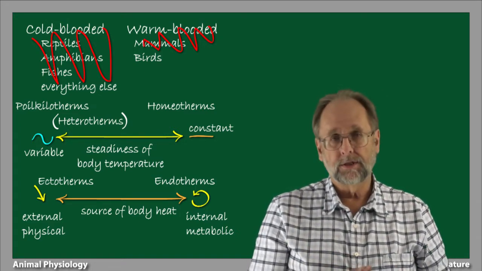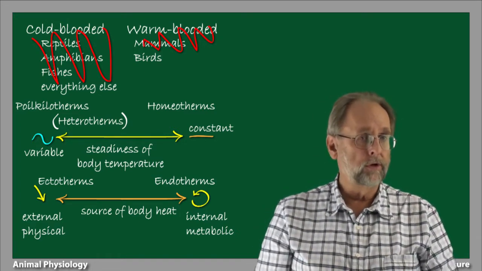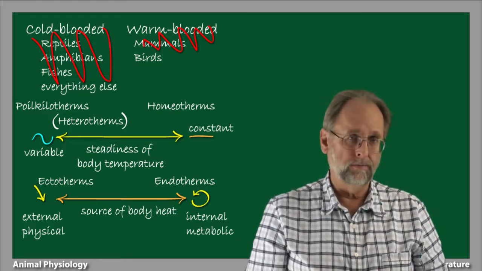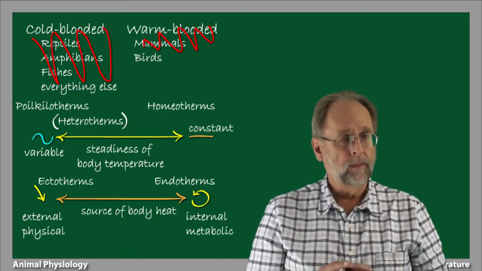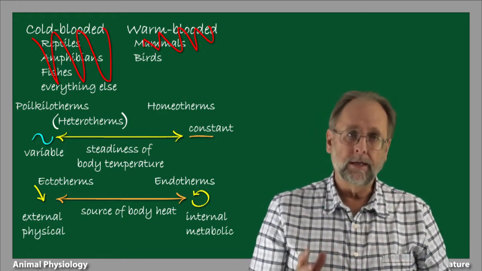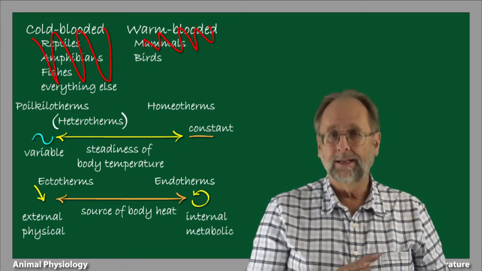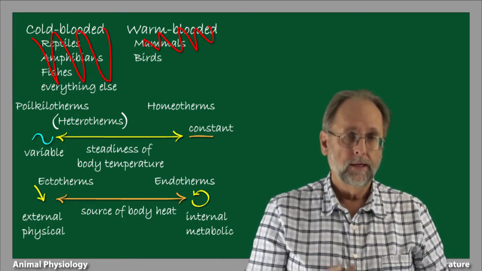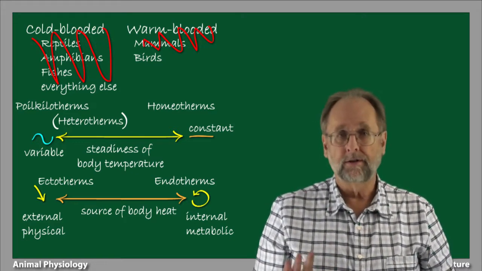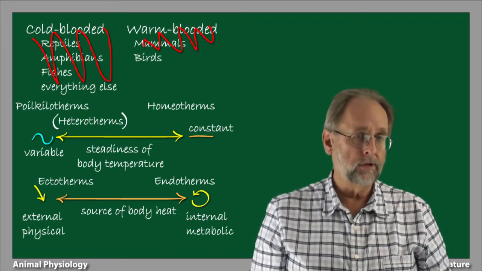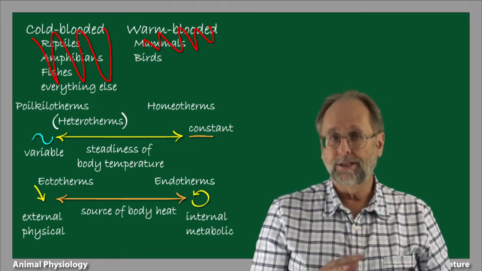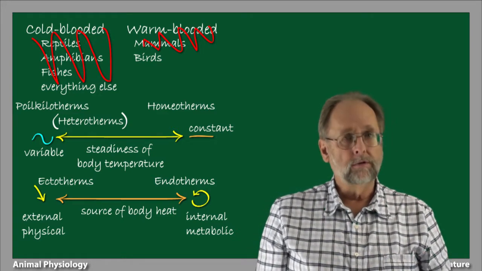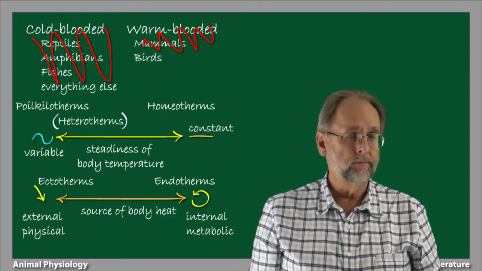As was the case for our distinction between poikilotherms and homeotherms, the distinction between ectotherms and endotherms is not categorical. That is, there's a spectrum. Even ectotherms generate heat internally. The major difference is that they don't generate as much of it internally as endotherms do. Similarly, endotherms have to balance their physical heat budgets just as ectotherms do, but the only difference is that they generate considerably more of their energy budget internally. Actual animals can range anywhere along this spectrum.